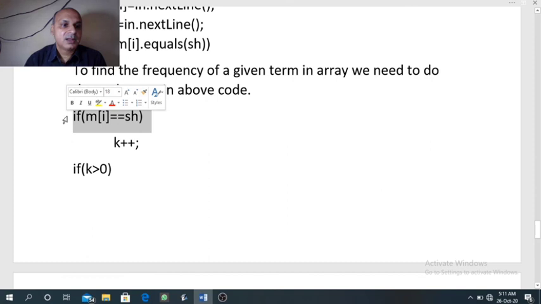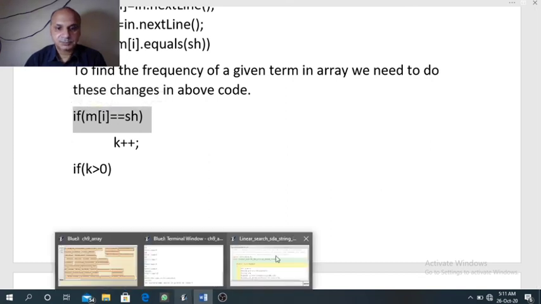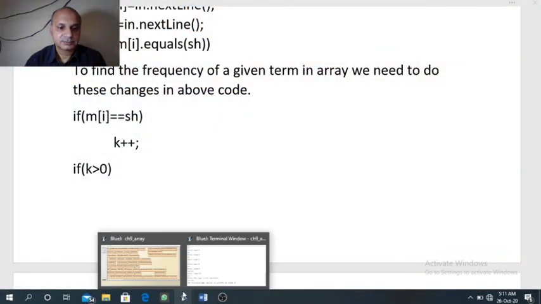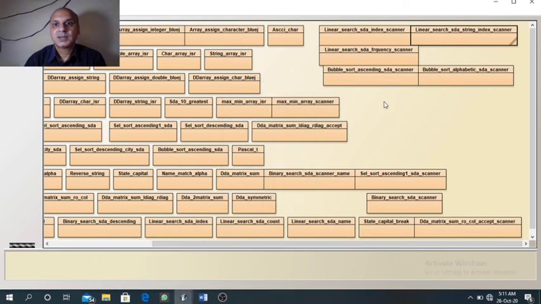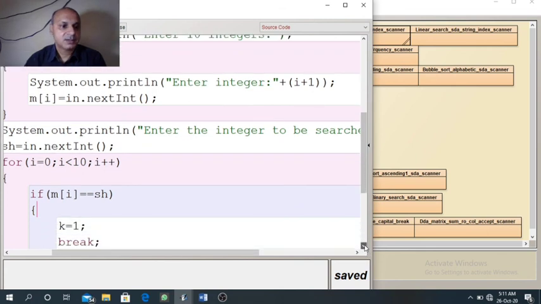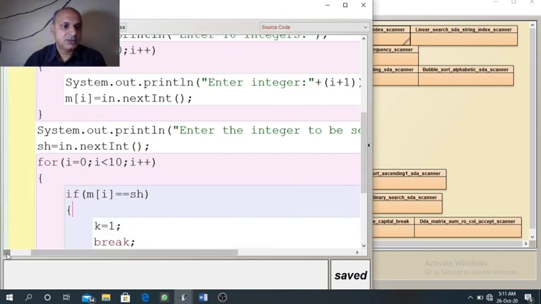First see the program where I have made the changes. That was our first program for integers. So here we will make some changes.